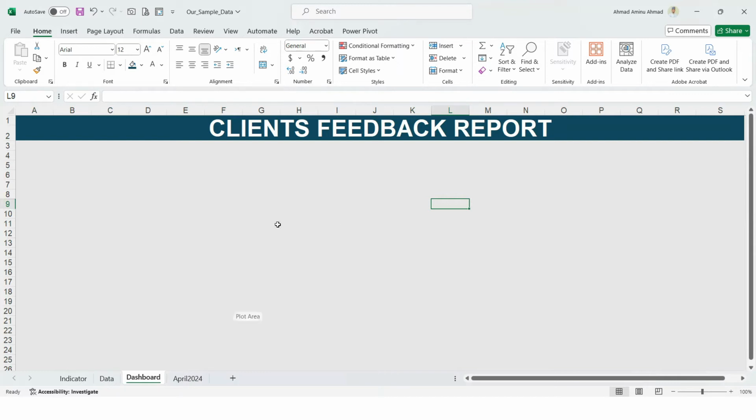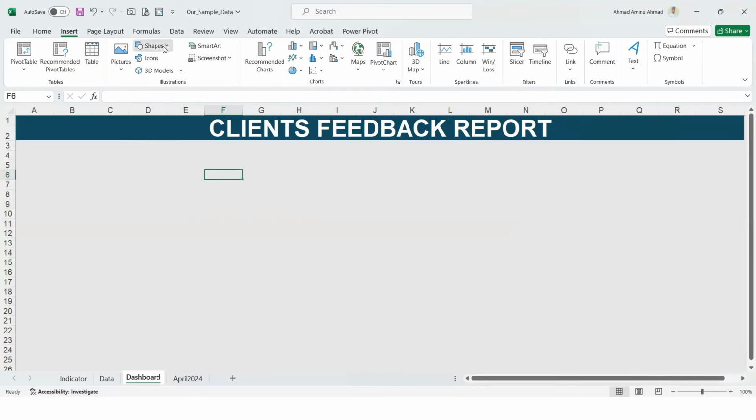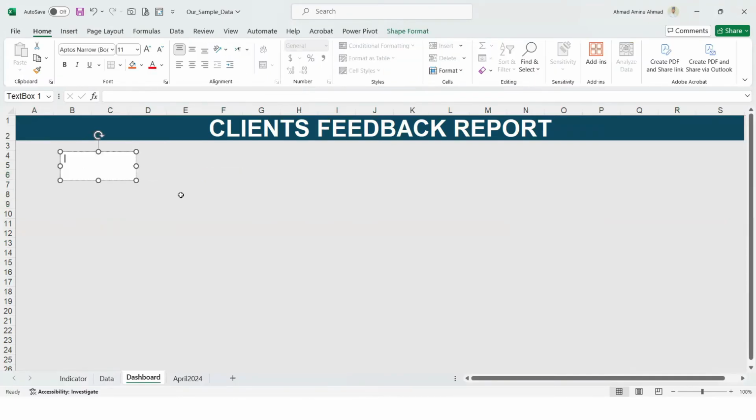So I think let's bring our charts. No, before we bring our charts, I think it's better for us to have the names of the, you know, total males, total females, total number of staffs, total this and that. So yeah, we need to put that at the top. So with that, let's go to insert and take this text box or shape. So I'll just say